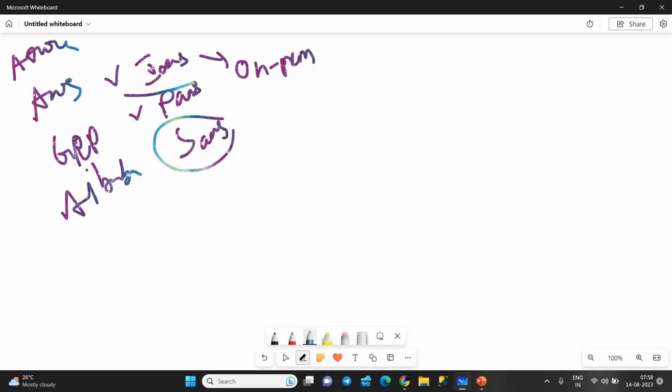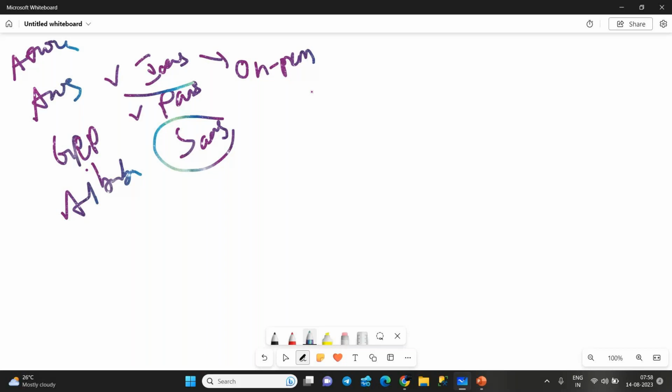But don't compare it to on premises. On premises we have full control. But when you go to IaaS, the infrastructure is completely maintained by your cloud provider. Here the interesting thing is that you can have access to the operating system. But what if I don't want access to the operating system? I want to just deploy my services, my data, and focus on my services and my data. I don't want any operating system level access.